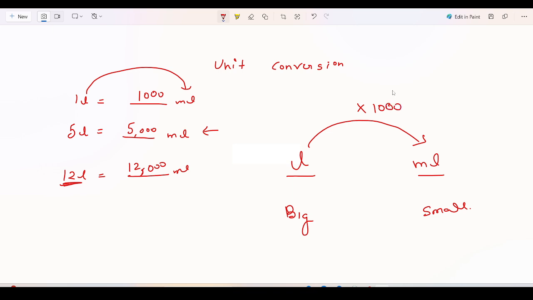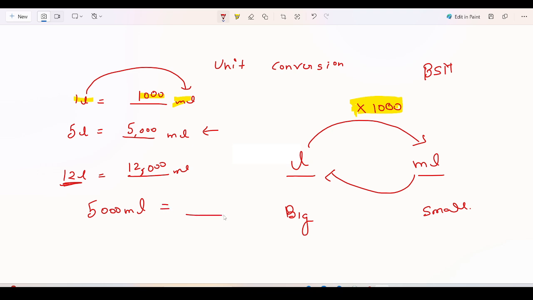Why are we multiplying with 1000? Because 1 liter is equal to 1000 milliliters. That's why we are multiplying with 1000. So you can remember it as BSM: bigger to smaller, we multiply. But if I want to go from smaller to bigger, let's suppose I have 5000 milliliters